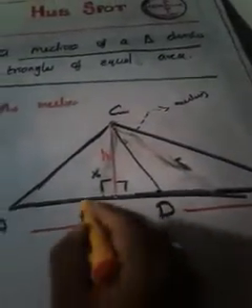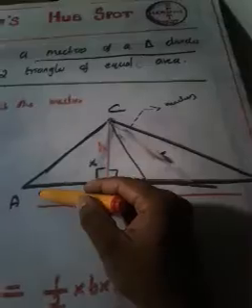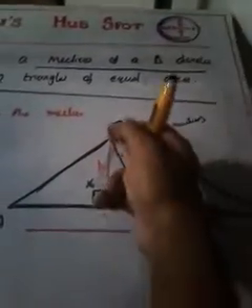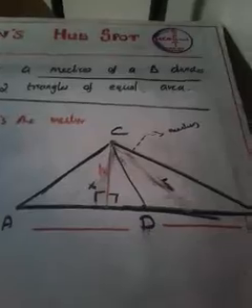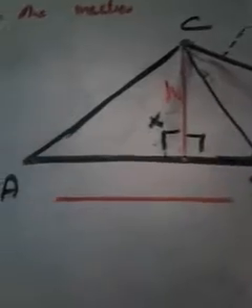Of course. Why? Because AD and BD are equal, no? Because this is the median, CD is the median, no? A median will bisect the third side into two equal portions. Since it is a median, it always divides the last side into two equal portions. So can I write BD as AD? Because I can say that BD and AD are equal. Since CD is the median, if the total length is 20, each half will be 10.